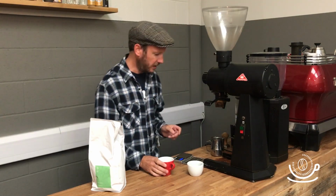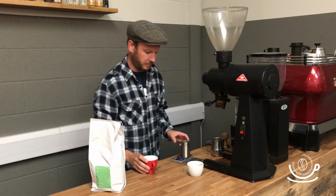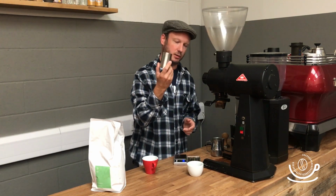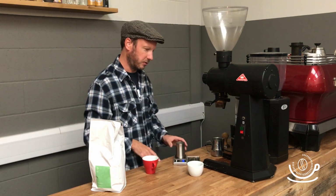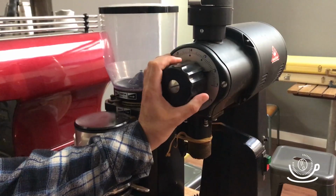So what I'm going to do here is I'm going to measure out roughly 16 grams here, slightly over because the grinder has a little bit of retention. I'm going to put it into the grinder here. Then I'm going to take my measure here, which is what I use for capturing the grinds. You may use something similar with your grinder, or you may grind straight into the portafilter, but you need to weigh your grinds when they come out. So I'm going to zero the scales there, and I'm going to grind at a setting of 1.8 on this EK